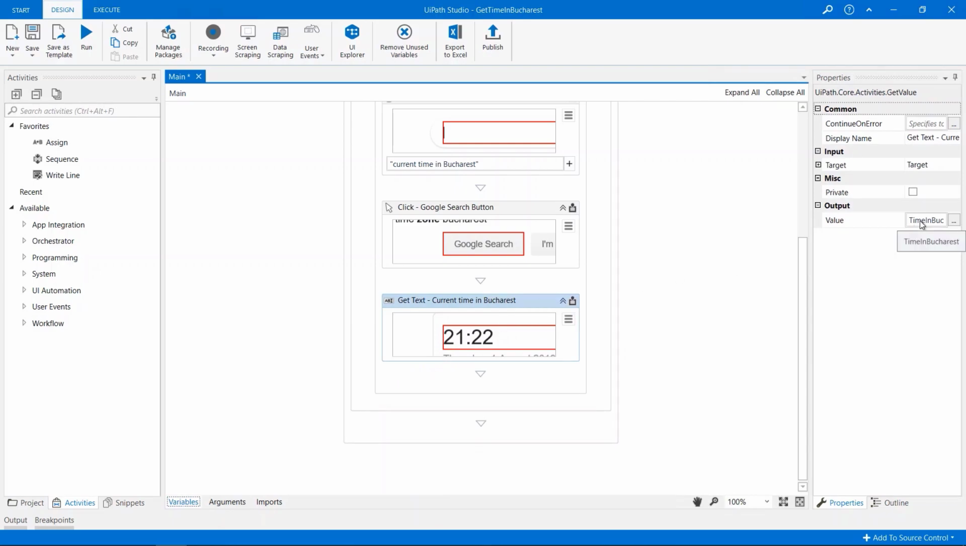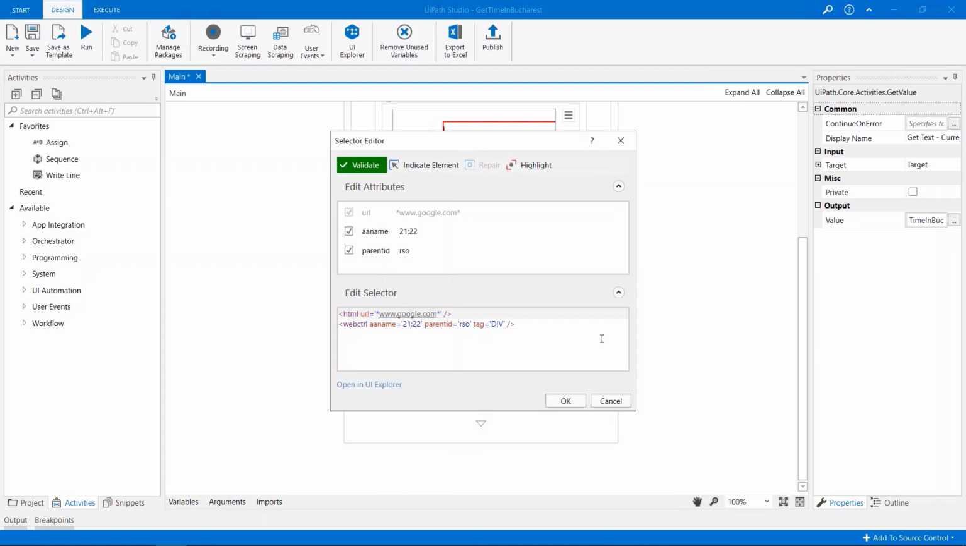If you're wondering how the robot knows what text to grab, the answer lies in one of the most powerful features that UiPath uses: selectors. Selectors act like addresses for UI elements. Let's view the selector for the Get Text activity. It looks like we have a problem here. The aaname attribute is set to